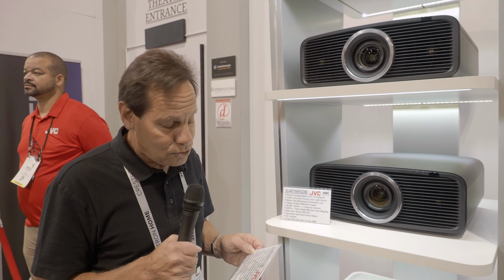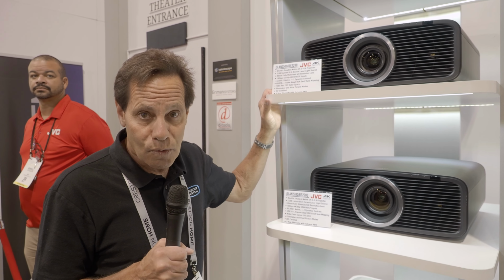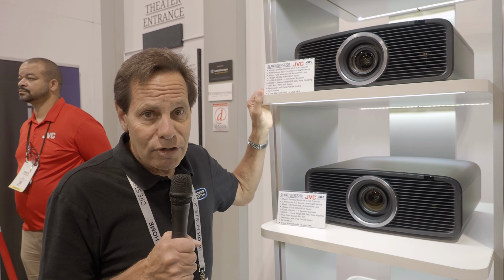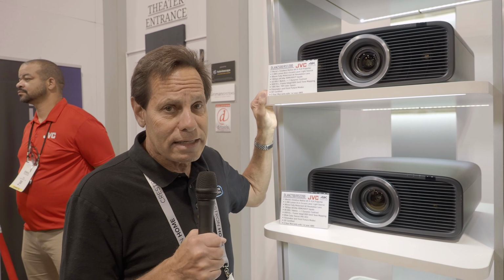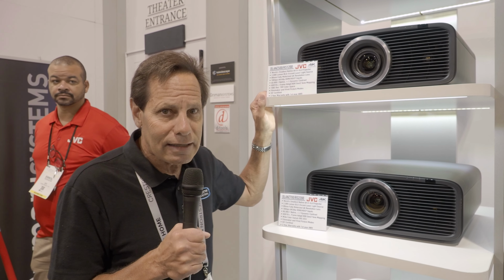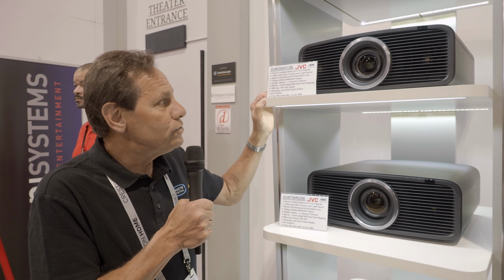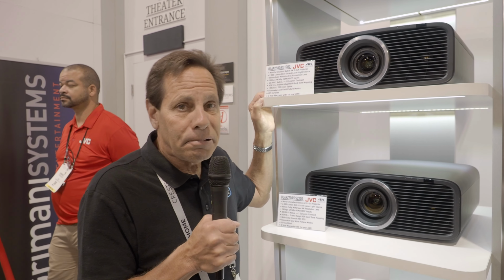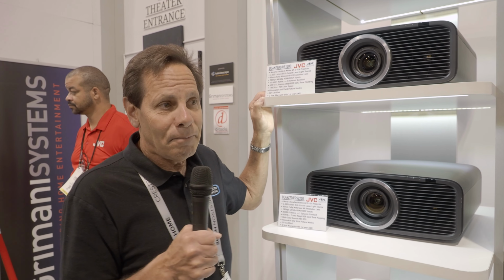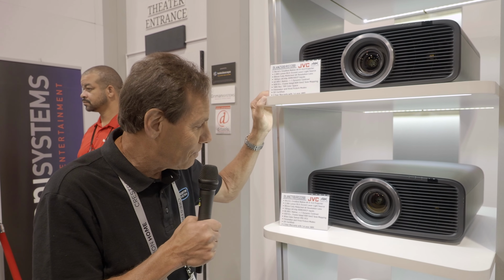HDMI ports, HDMI 2.1 obviously, but they stop at 4K 60, so they are not ultra wide bandwidth the way the higher end pieces are. 100% Rec 709, they're not claiming 100% DCI-P3, probably be about 80 to 85% when they finally get a spec on it. Filmmaker and vivid picture modes, and HDR10 Plus, along with, of course, JVC's